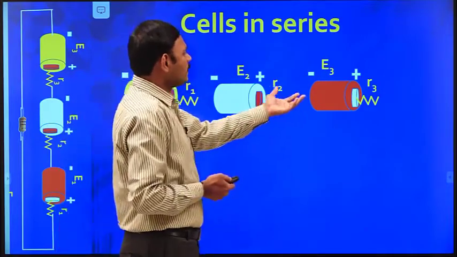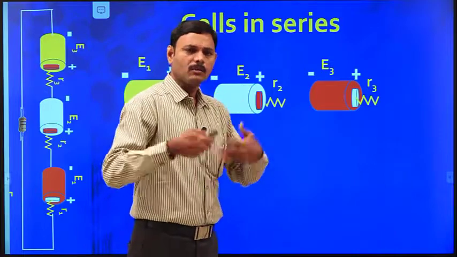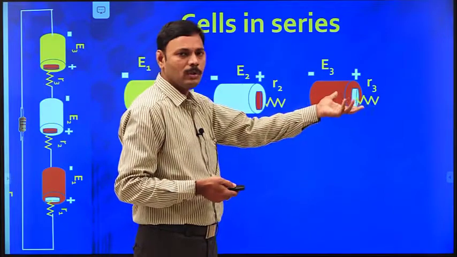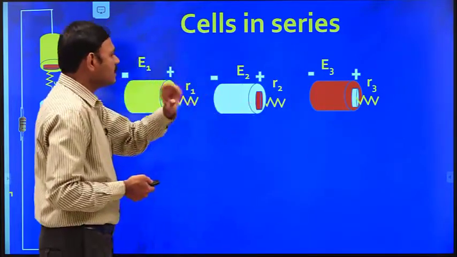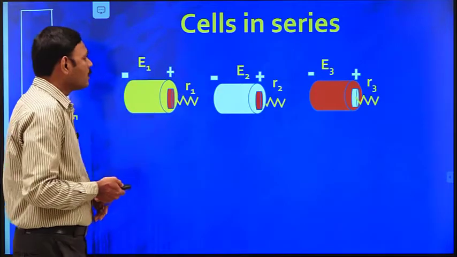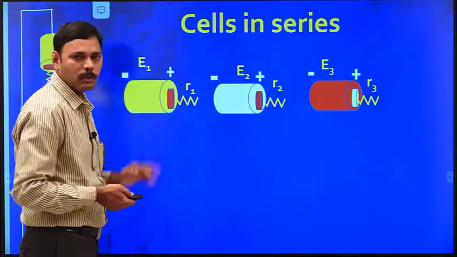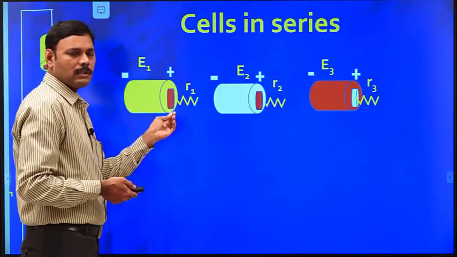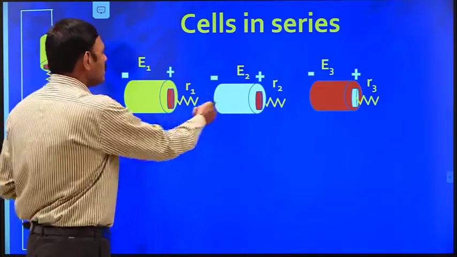Even in daily used cells, when you look into the cell which you are using in our daily life, it also has the projection at one end, let it be positive, and the flat end let it be negative. Same scenario is explained in this one. Now how to connect these three separate cells in series, that is the important point. Already explained the connection of series in the previous video. Once again we continue the discussion with the three cells.